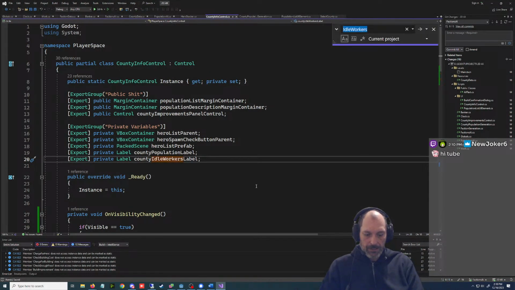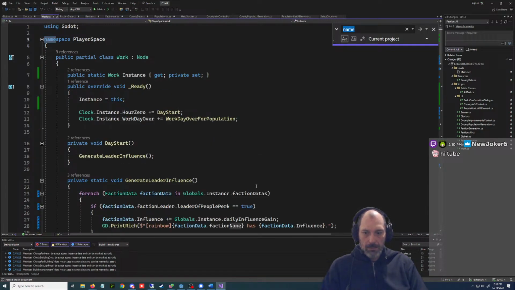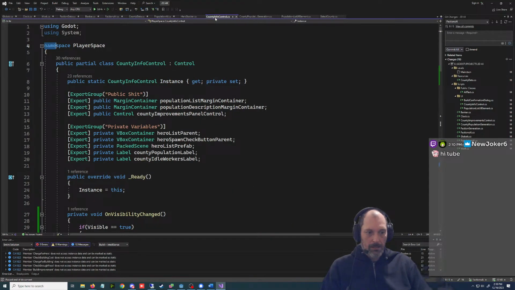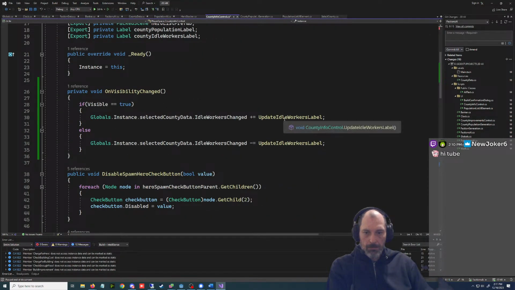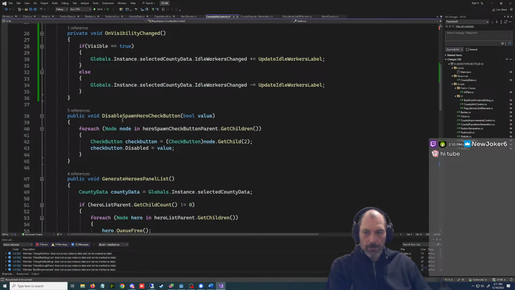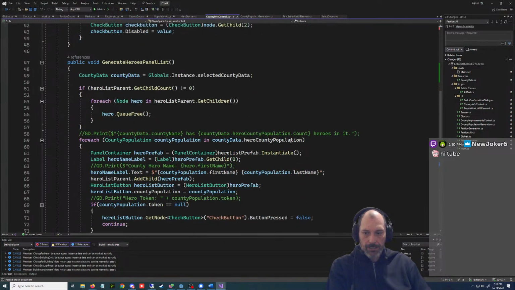Where are we doing this? Am I doing it on update idle workers, disable hero check, generate hero?